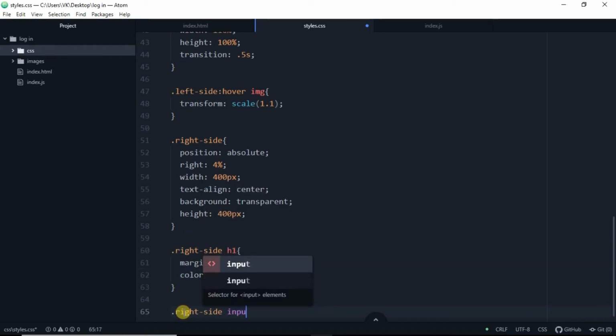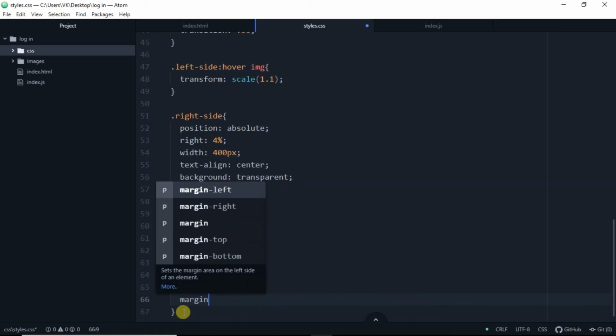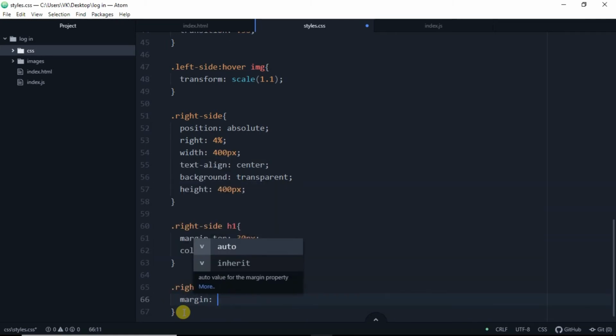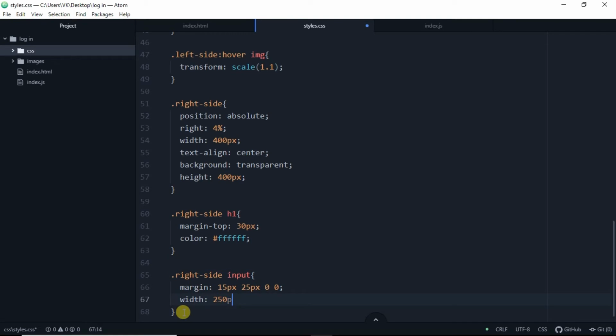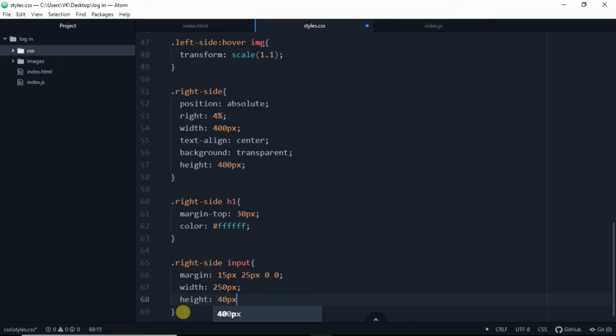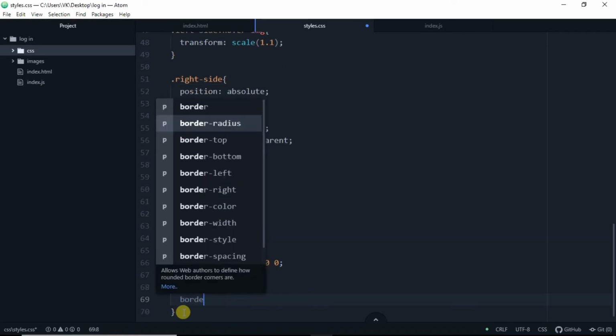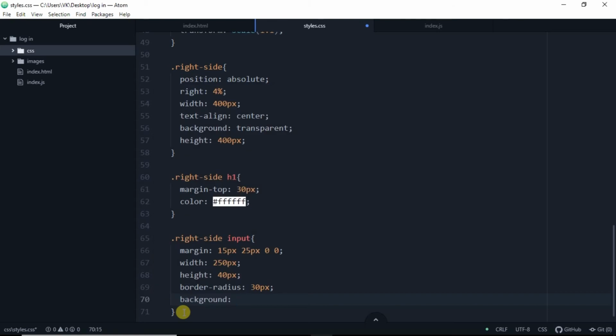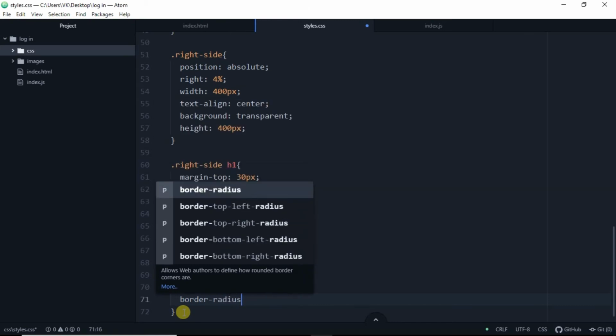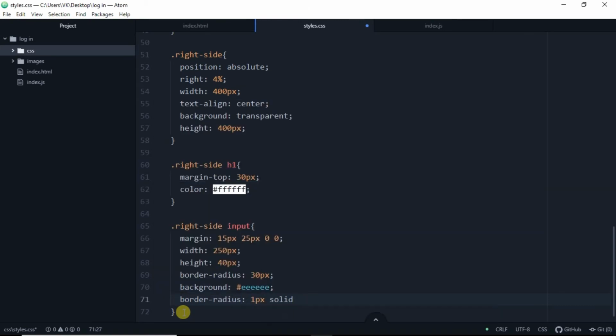We'll copy the right side and we'll access the input tag through it. For margin, let's keep it margin, and it will be 15 pixels, 25 pixels, 0, 0. Width will be 250 pixels, height will be 40 pixels, and border radius should be 30 pixels, and background, let's keep it background, hashtag EEEE, which will be the color inside that.